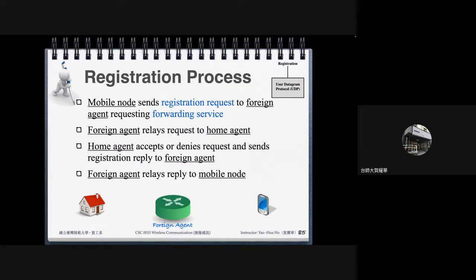Once I know I'm in a foreign network and I contact the foreign agent, the mobile node needs to send a registration request to the foreign agent, which sends the forwarding request services. The foreign agent will relay this request to the home agent. If your mobile device is the foreign agent, you will just simply send the request to the home agent. The home agent will accept or deny the request, sent by a registration reply to the foreign agent or to the mobile device. The foreign agent relays this reply to the mobile device